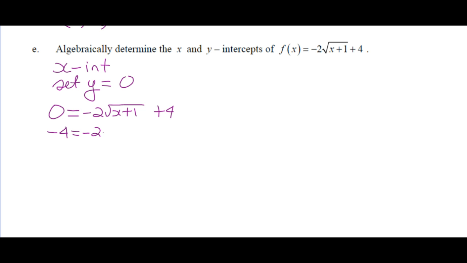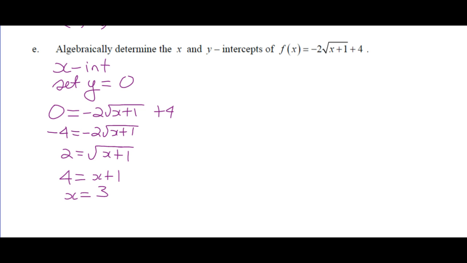Negative 4 is negative 2 root (x plus 1), right? So we're going to subtract 4 from both sides. Divide both sides by negative 2. We get positive 2 is root (x plus 1). Square both sides. 4 is x plus 1, and then x is equal to 3. Okay, the x-intercept is just that. It is the value x equals 3, right? We don't put down that it's the point (3, 0). You could say that the graph intersects the x-axis at (3, 0), but the x-intercept itself is just a